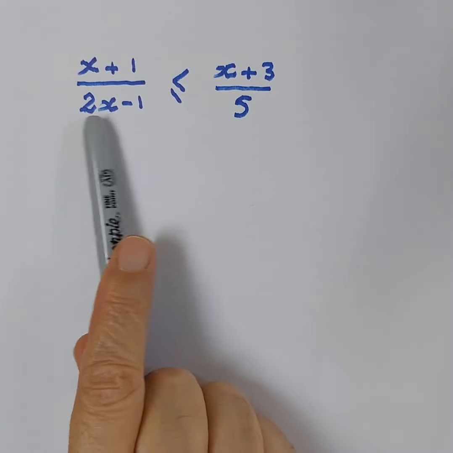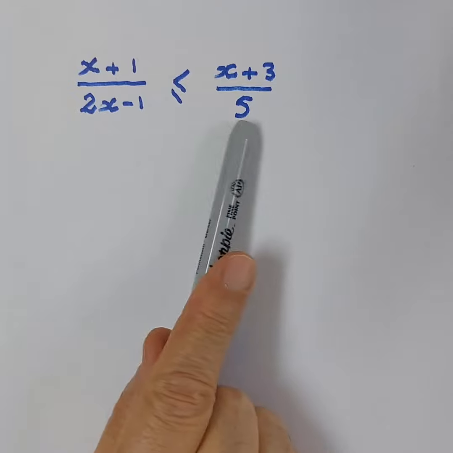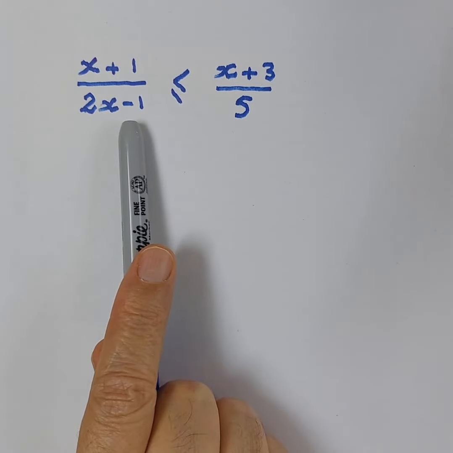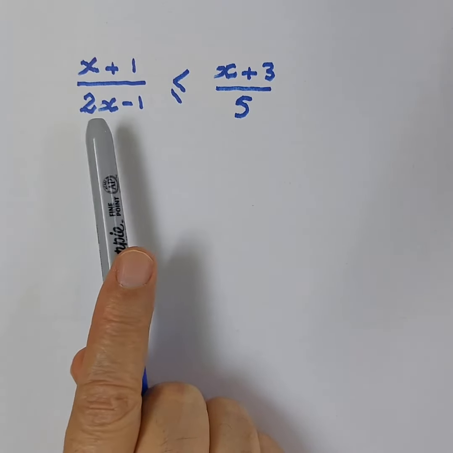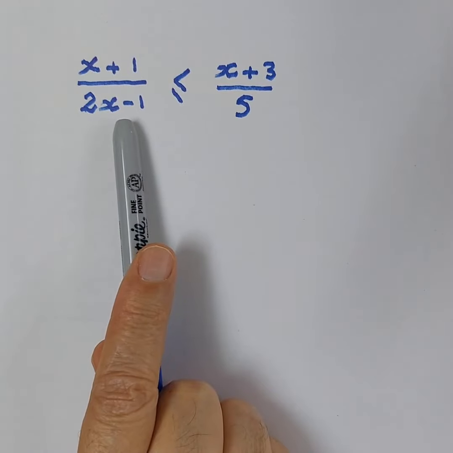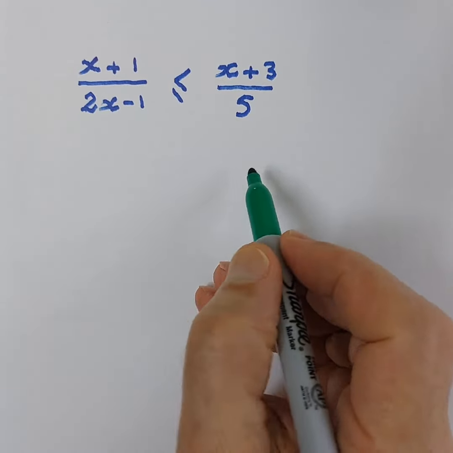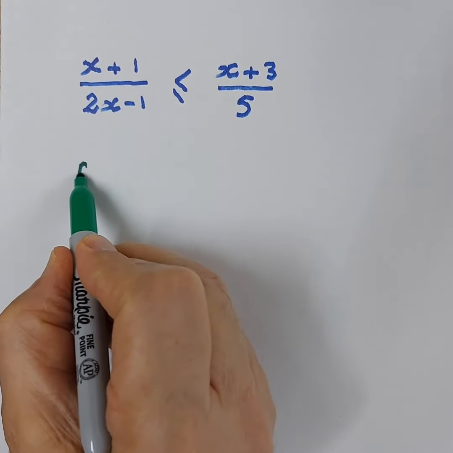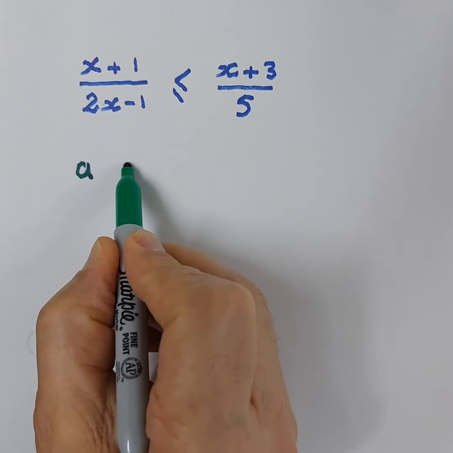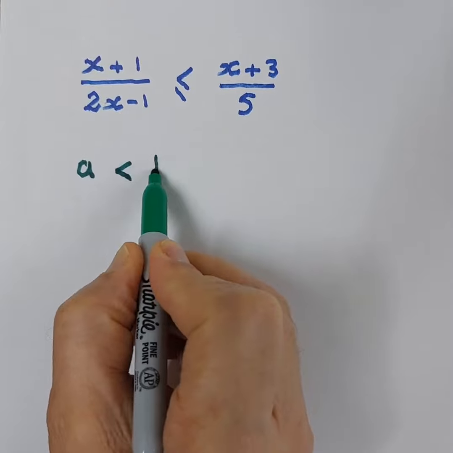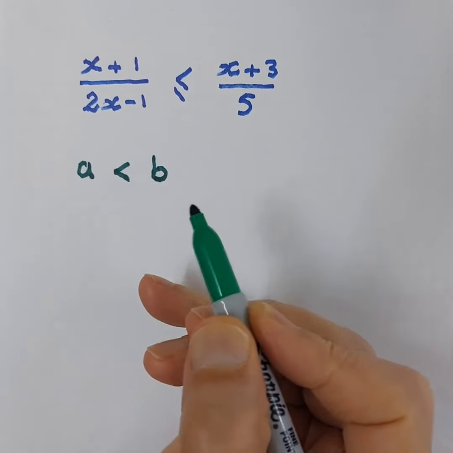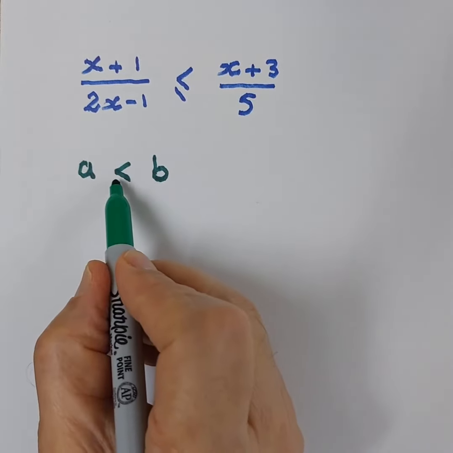We have in this video this inequality and we need to find the solution for it. Before starting to do this, it's good to remember that when we have A is less than B, for instance, A is less than B or less than or equal B,